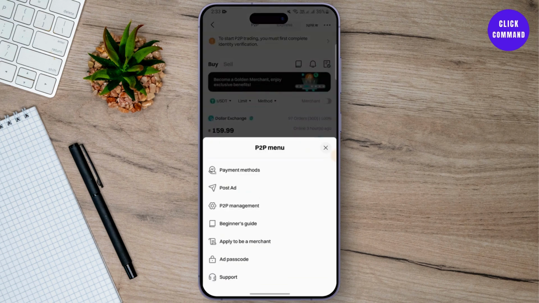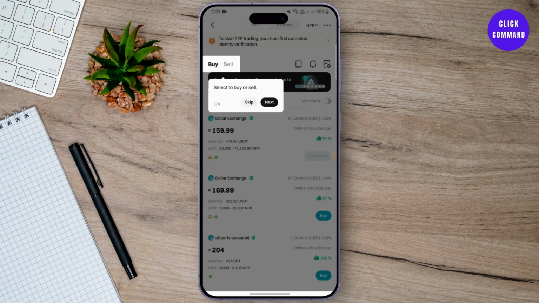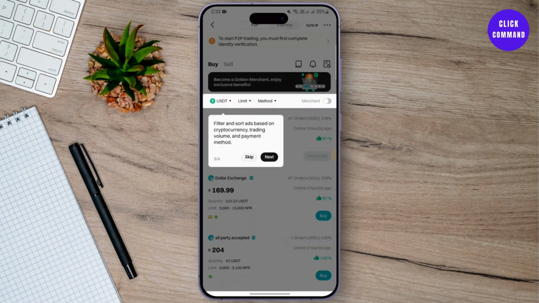So here, you just need to go to this tab on three dots first of all, and you need to engage your bank account. For that, you need to tap on this payment method by tapping on that three dots, and there you need to fill up your bank details, everything. And after that, you just need to get back to